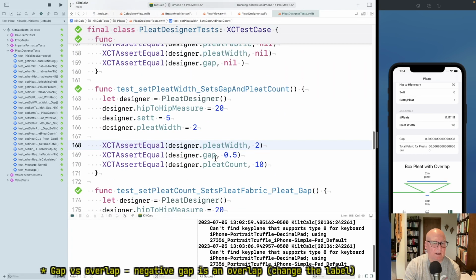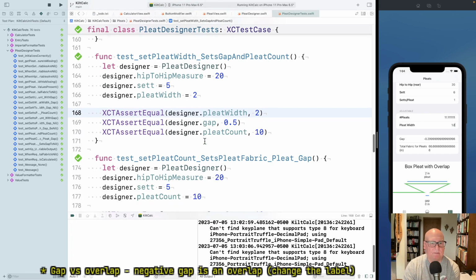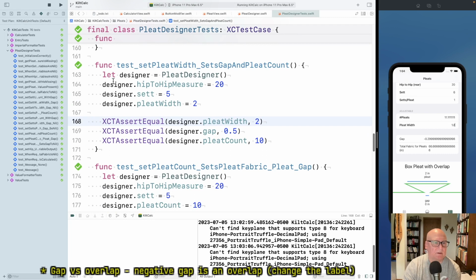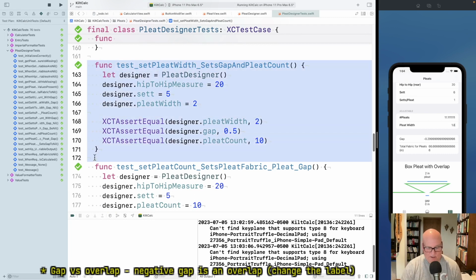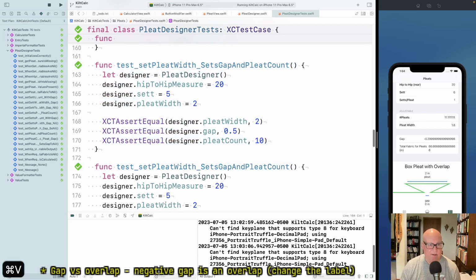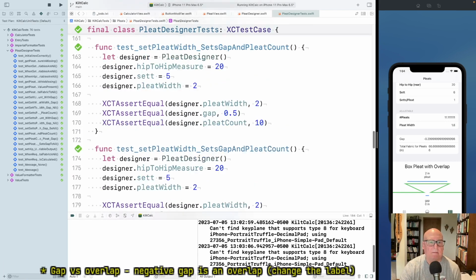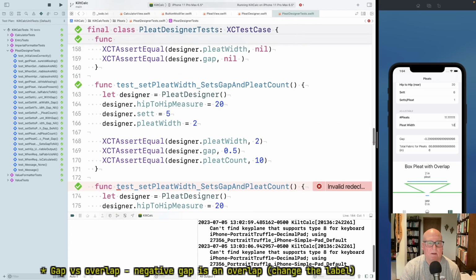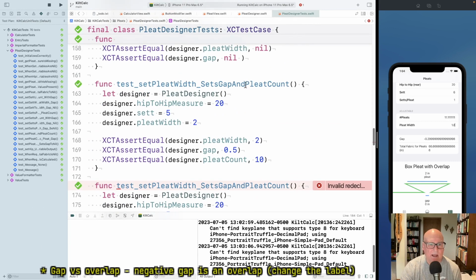Okay, that's a gap. Pleat count, pleat width. Okay. I'm going to make it part of that. Sets gap that. Okay,